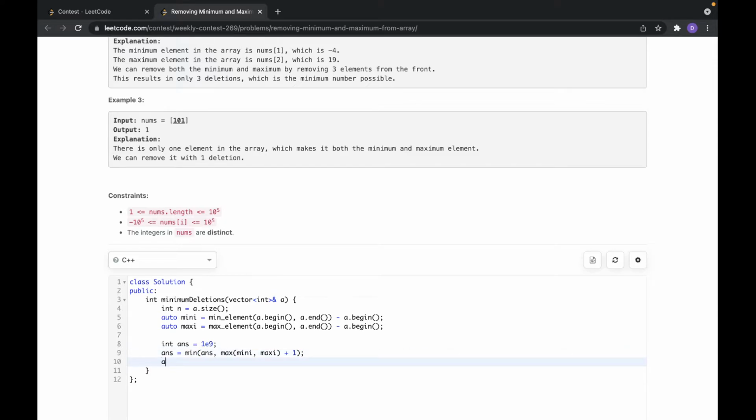If I remove both of them from the right, that would be n minus 1 minus mini. Can I write n minus mini here? n minus mini. So yeah, one element, max of n minus mini, comma